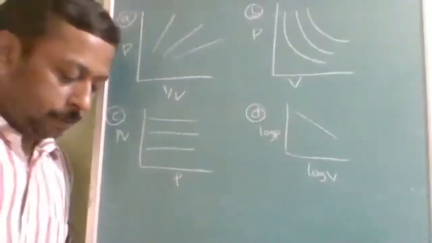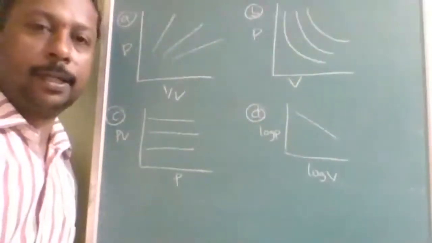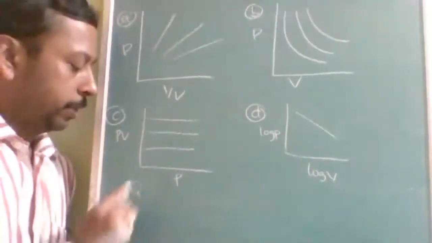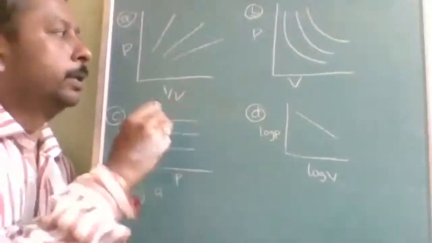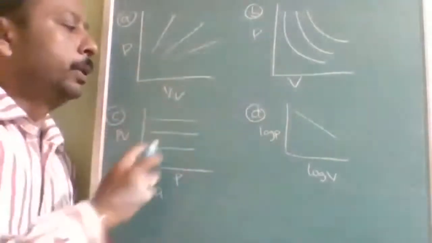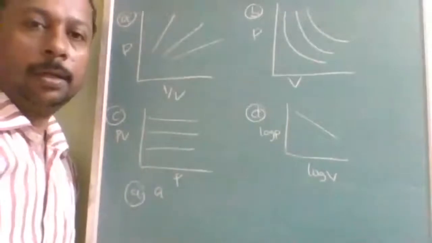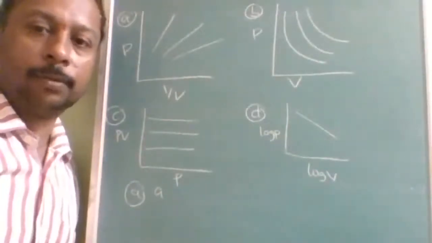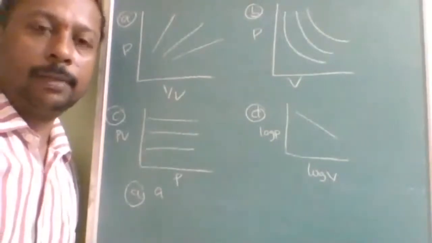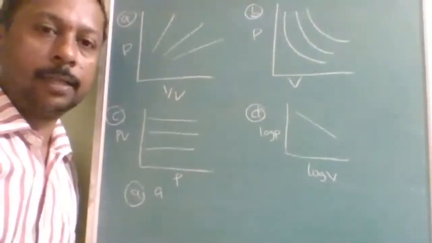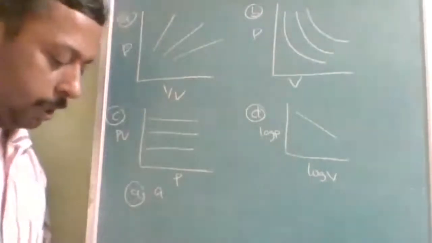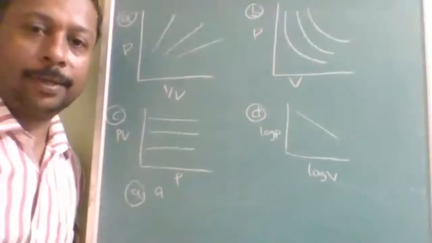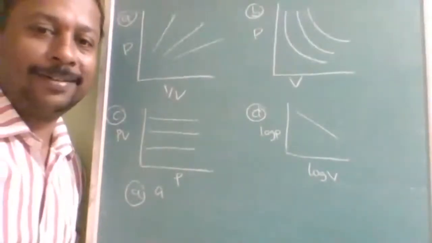Okay, question is which of the following is correct representation of Boyle's law? Okay. In one option given A, B, C, D like that. Some other option is given A, B only. Some option given C, D only. So you have to verify all. All also possible. Nothing is also possible. How many of this graph verify are correct as per the Boyle's law or represents Boyle's law? Okay, any problem with the D option?